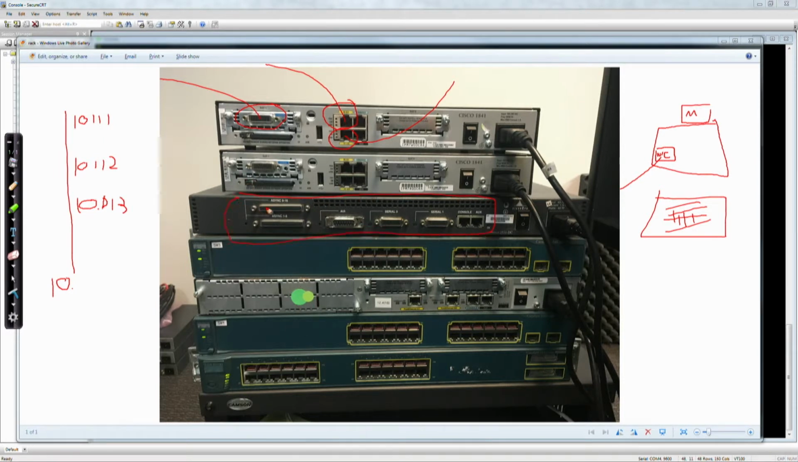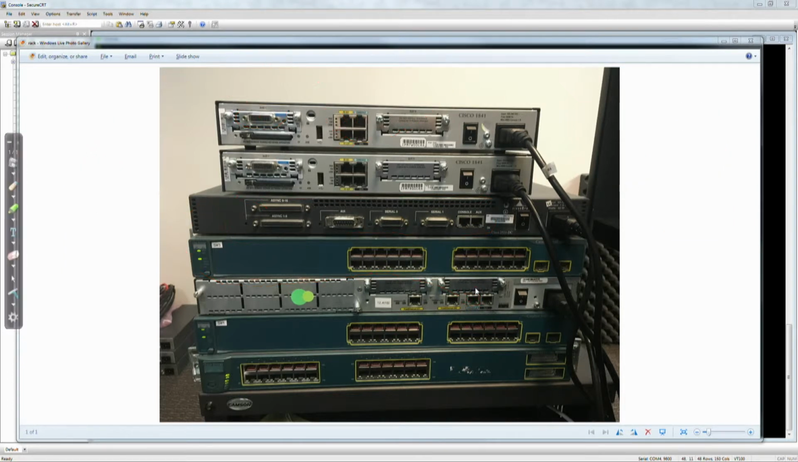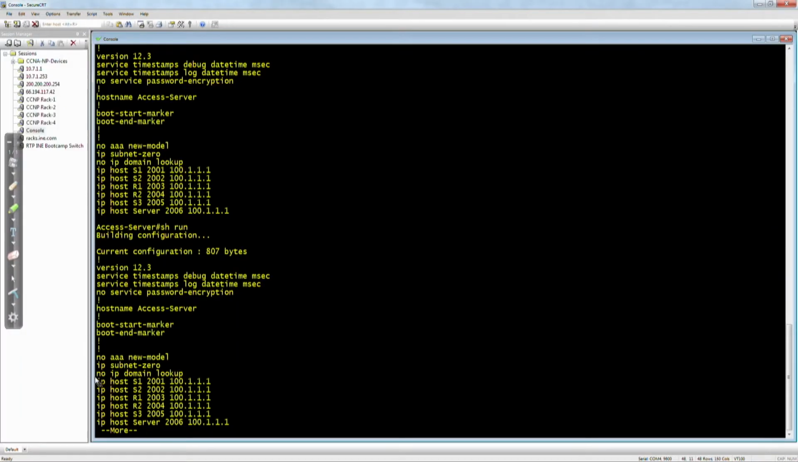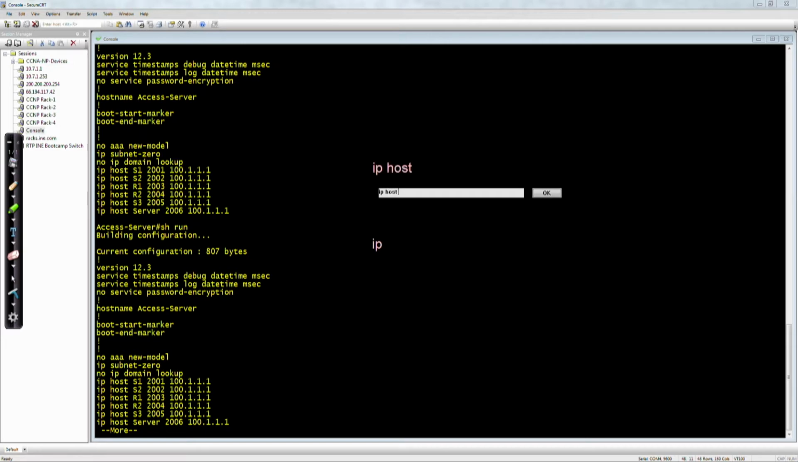In order to send information out the async line to a console port, I have to provide a configuration in the router, which looks like this, the IP host command. And the components of the IP host command are like this. Actually, just do this right here. Okay, there we go. So IP host, and then the next thing right here is going to be just a